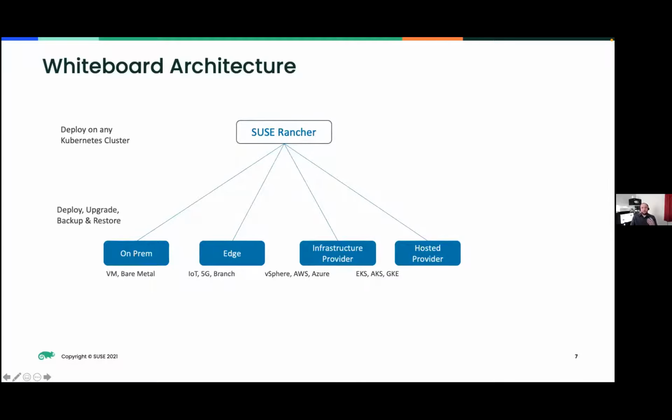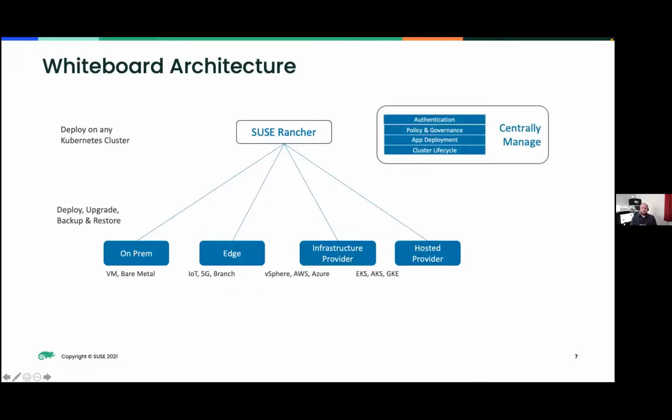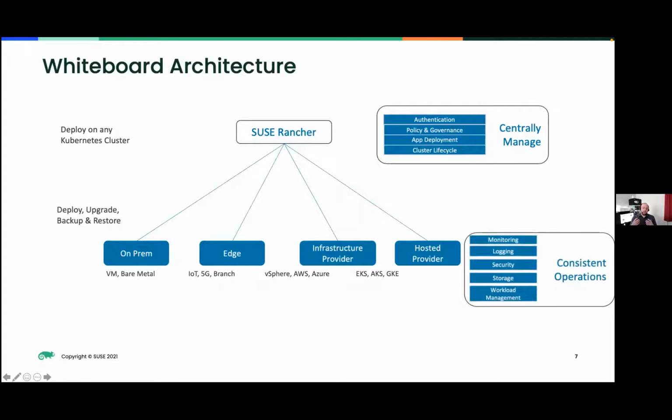And once those clusters are provisioned or imported, we then give you the capability with SUSE Rancher to manage those clusters, to bring that centralized authentication, that centralized policy and governance, to manage the lifecycle of the apps that you deploy on the clusters, but also to give your teams more insight into the clusters and into the workloads running on those clusters as well. But most importantly, we understand that a lot of Kubernetes management projects are not greenfield deployments. They need to integrate with your existing technology stack, with your existing monitoring, with your existing logging as well. And that's why all of those features come out of the box with SUSE Rancher to integrate with your traditional stack as well.